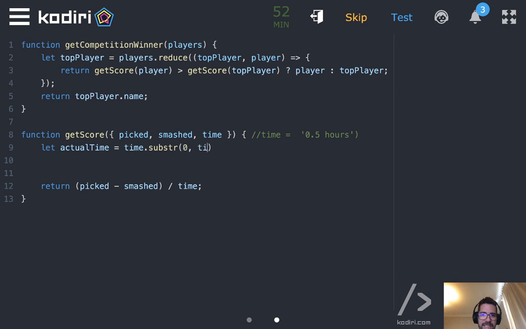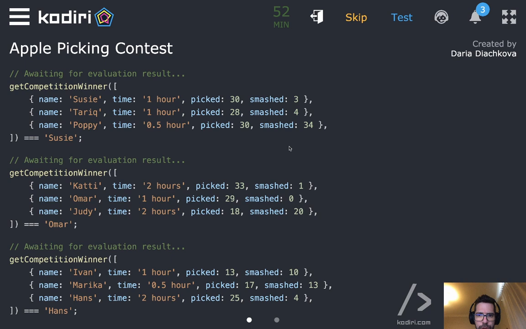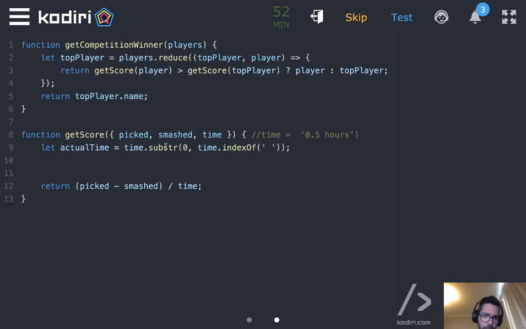To time dot index of space, something like that. You get my point? So I want to get the substring from the beginning of the string until the position of the space. I don't want to say this is exactly the precise way of solving the issue. I'm just presenting you the approach. So that will be the first approach.